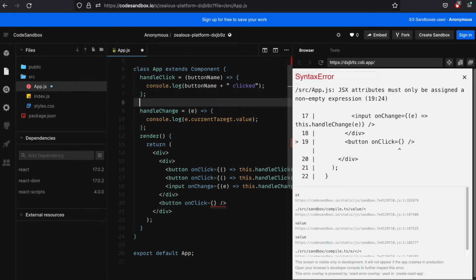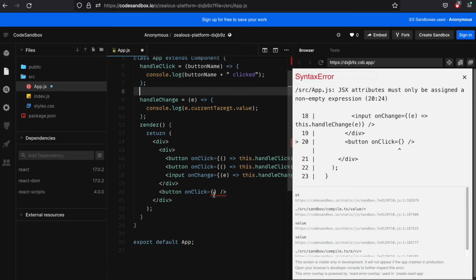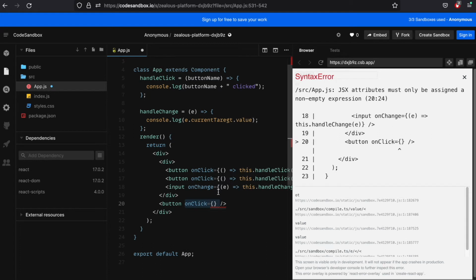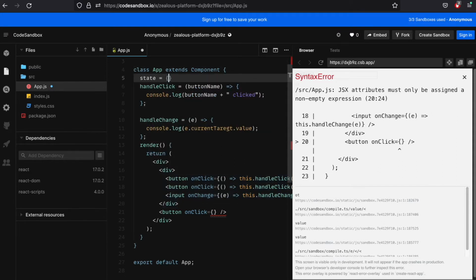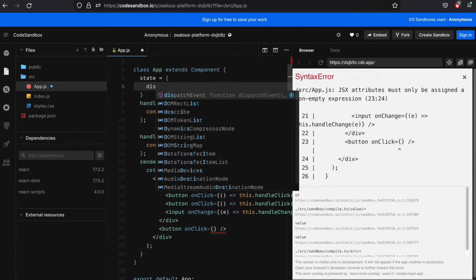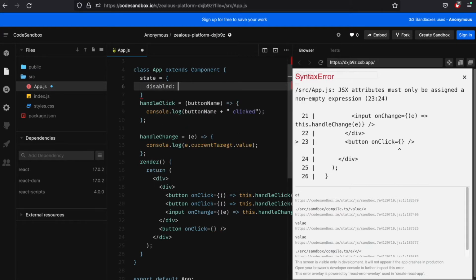All right, and finally when we click on this particular button, I want to basically call a function which will be disabling this particular div. Okay, so the concept behind is I want to make a state here which is named as disabled. Initially its value is set to false. Okay,